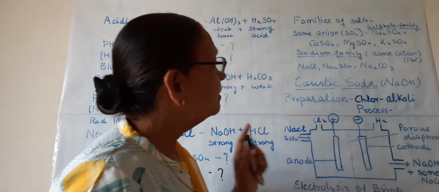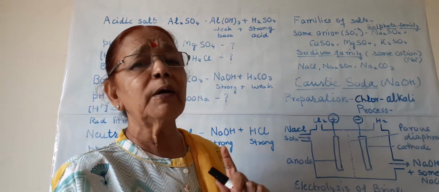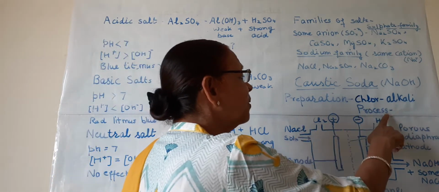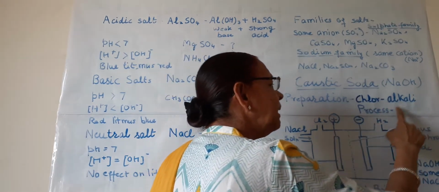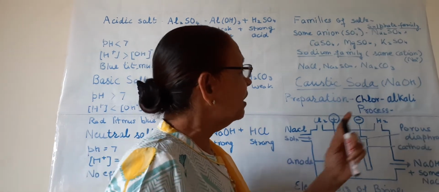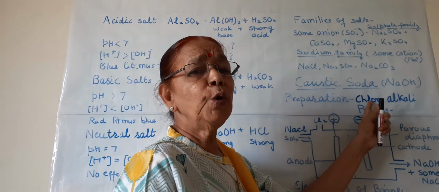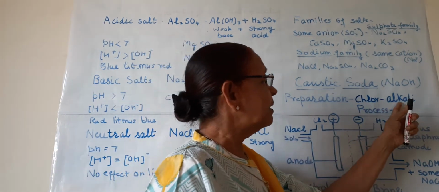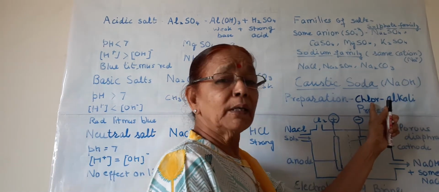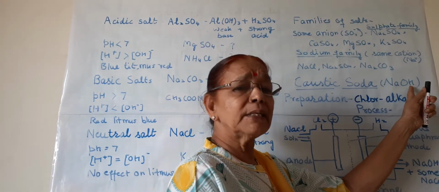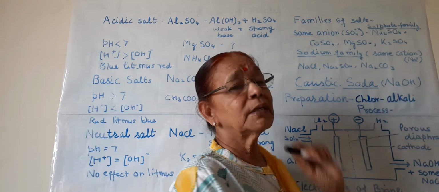So first of all, how is this caustic soda prepared? This is the preparation of caustic soda or NaOH. The name of the process by which this is prepared is known as the chlor-alkali process. Why this special name? Because chlor represents chlorine, and alkali represents NaOH, which all of you know is an alkali. So chlor represents chlorine, alkali represents sodium hydroxide, and this is the chlor-alkali process by which sodium hydroxide